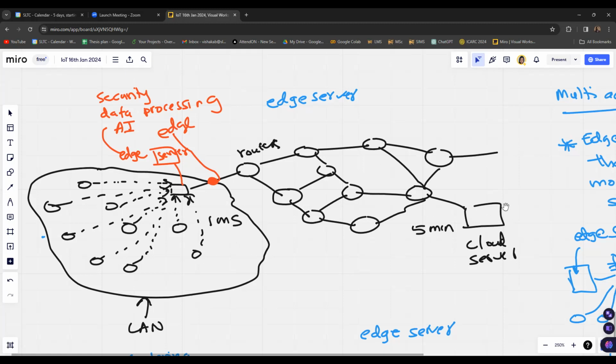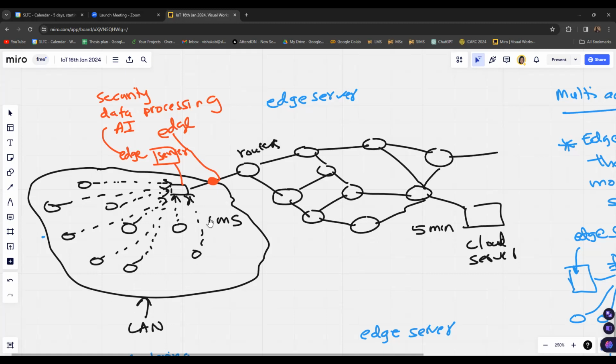where you will be doing the data processing. So the delay that occurs when you transmit the data through multiple network components to a cloud server is high if it is a very time-sensitive application. If you want to give feedback to the customers who are connected to the IoT network, then you need to have a real-time updating system.